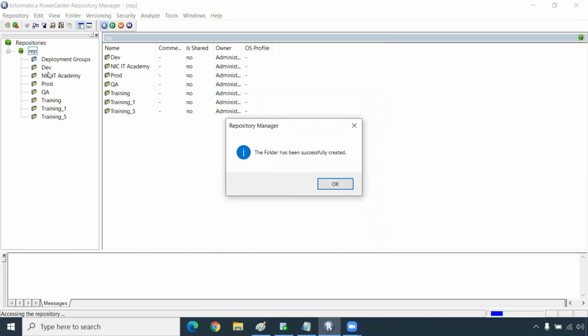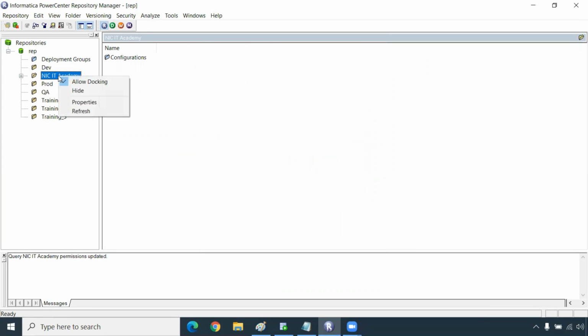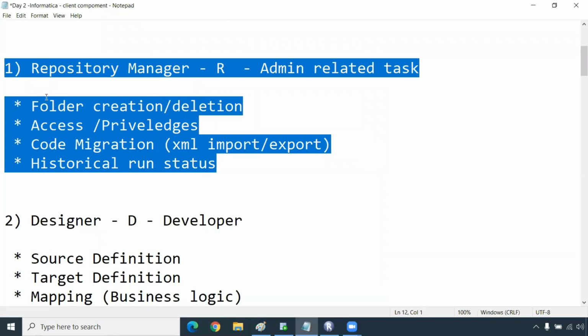You can see the folder has been created, and it will not have anything as of now. After some time, we will export the XML file and import the XML file in this Repository Manager, which we will see at a later point of time. So these are the things you can do.